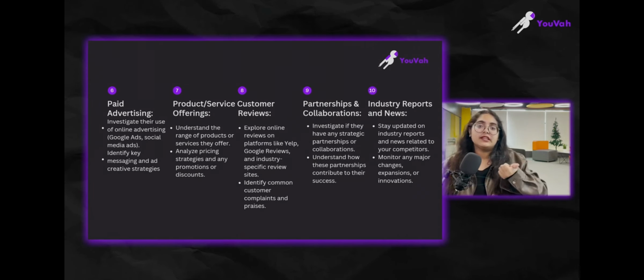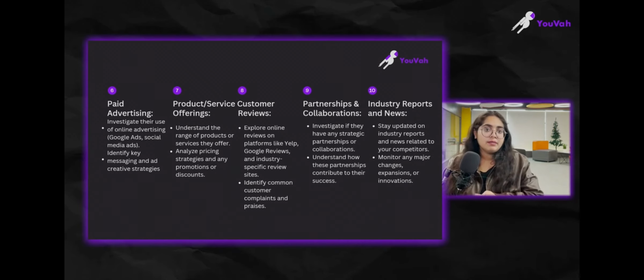So you should be actually taking the leverage on the same part. And then comes the industry reports and news. So what exactly is the news channel telling about this? Or let's say if you read the newspaper, are they talking positively about this particular company or the competitors that you have, or is it a negative impact that they're giving on that particular company, right? So reports and even their expansion and merger plans are something that you should be really, really aware of.